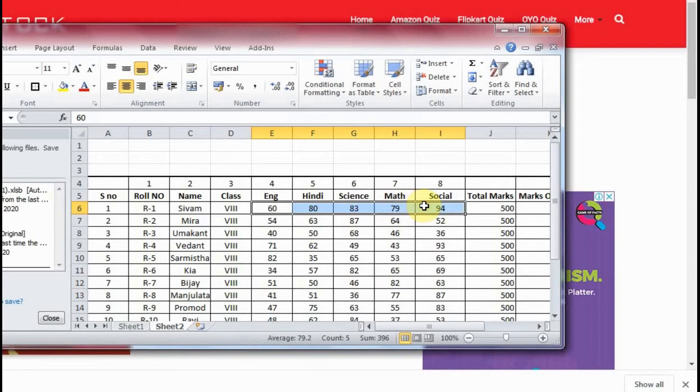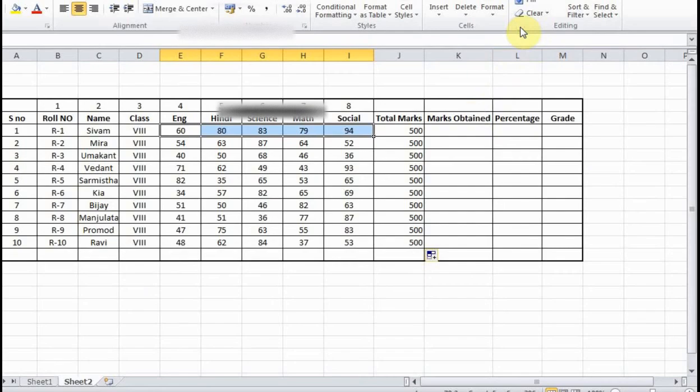So in Excel, to calculate things, we need to make the formula based on the columns and the rows. Here the column is E and the row is the 6th row. So E6 to I6, we have to sum that. In that case, we'll get the sum.